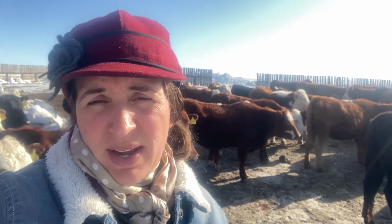So today we have all of our cows in the corrals and we are going to do pre-calving vaccination. They're going to get a vaccine today called Guardian, so it prevents scours. Scours is essentially diarrhea that the calves can get, and they can get really sick and dehydrated and die. So it's something that we try as ranchers to do our best to protect them from, and the vaccine works